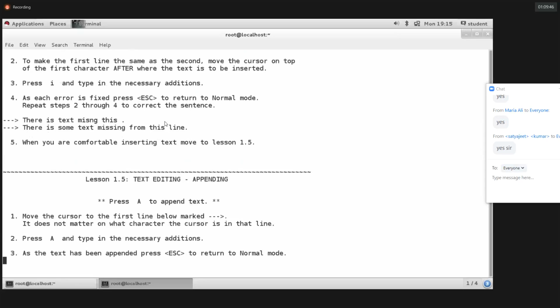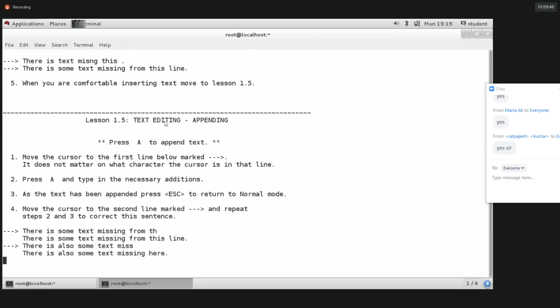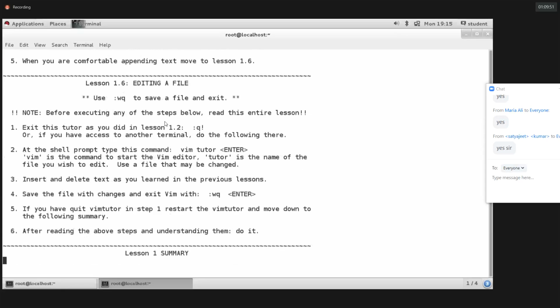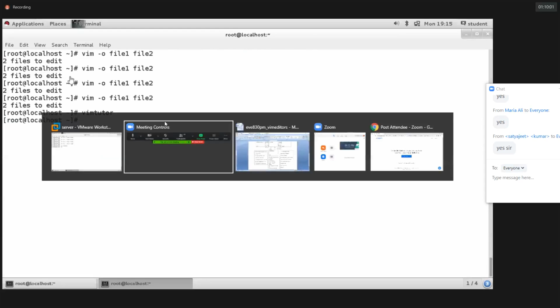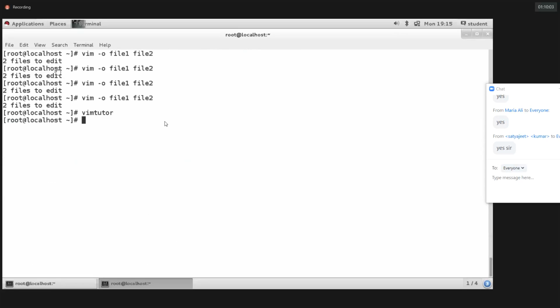If you require any details, you can execute vimtutor and get this file, with information related to Vim, and you can get the options according to your requirement. So vimtutor is a command, guys. I hope you're clear.